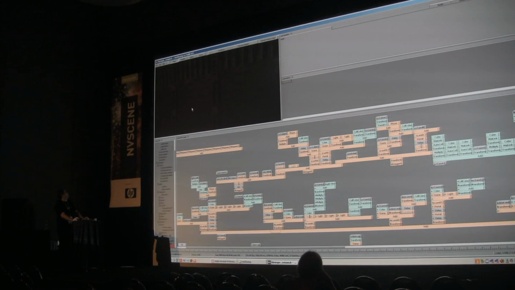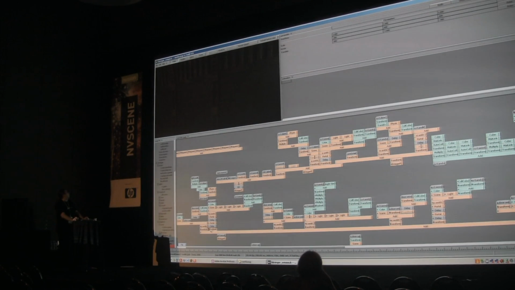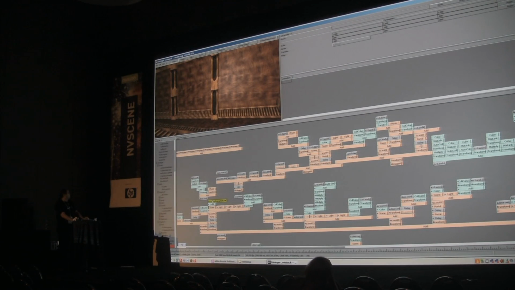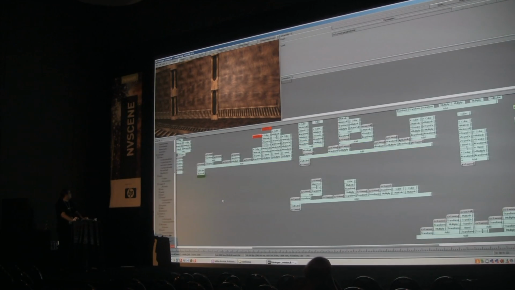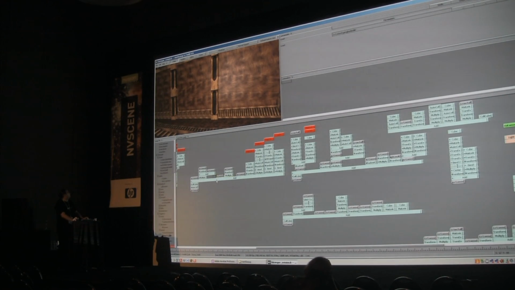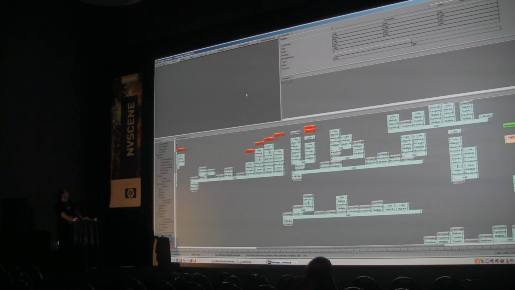I'm just trying to find this wall here. I found it, and this is of course made up of several things. It's loaded from somewhere. Where is it? Here. This is a wall. And this is also made up from individual segments.